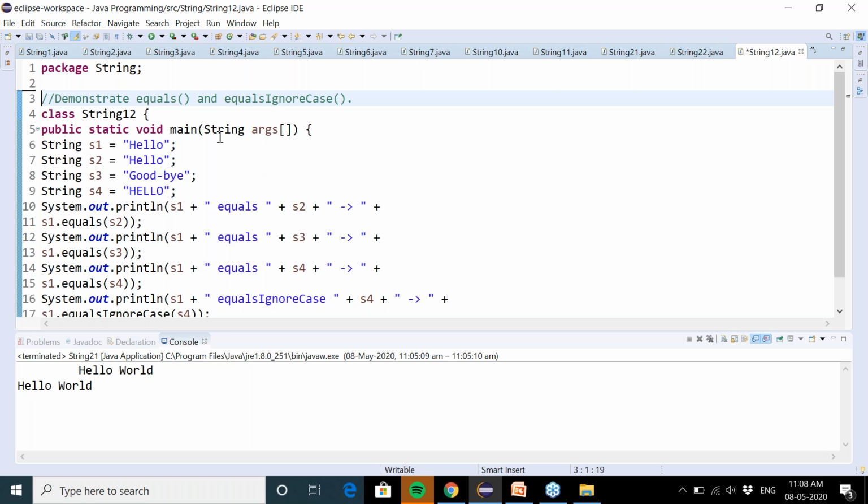So this equals method that we are calling over here basically compares the contents of the two string objects. If they are exactly the same, then it returns true. If the strings are not the same, then it returns false.